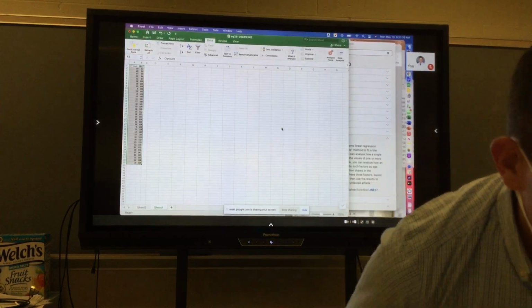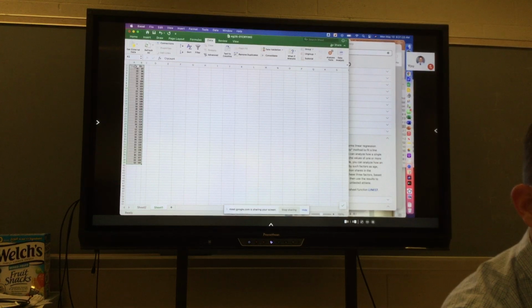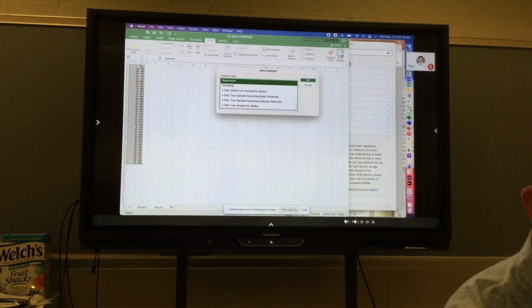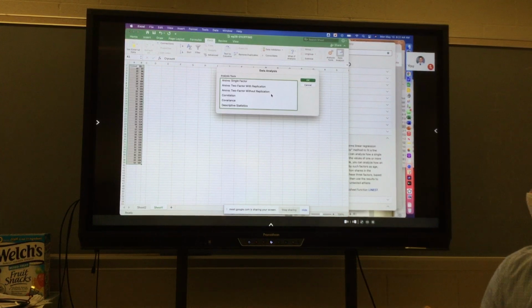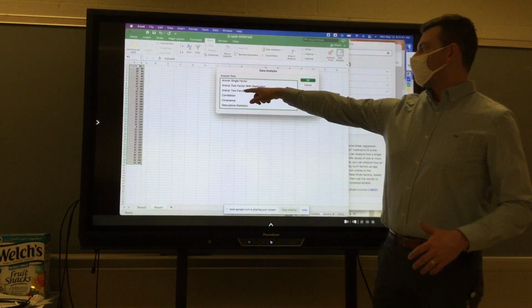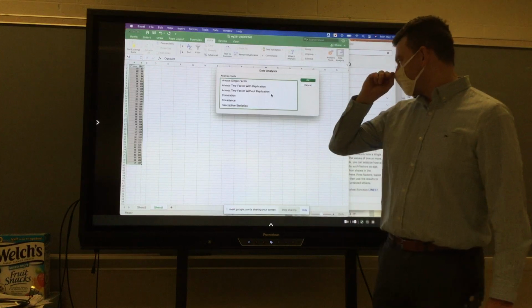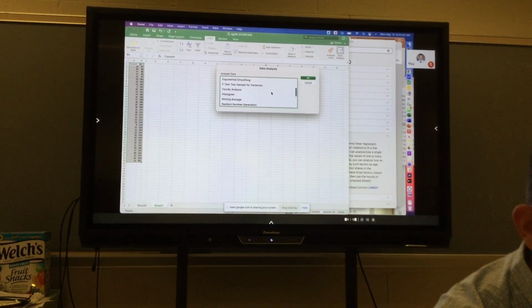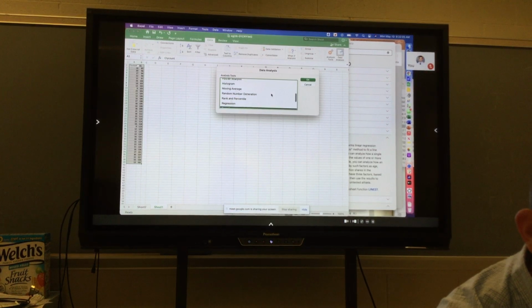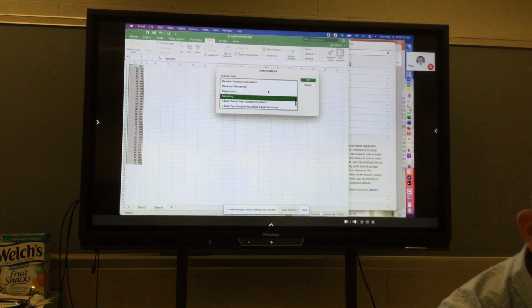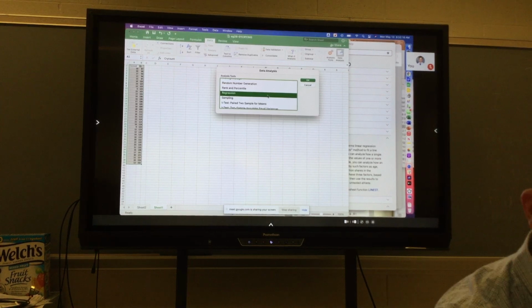And once you've enabled that, you're going to select our data, just like that, and you'll have this data analysis button available to you that we will check. And what it does is it enables an alphabetical list of all of these statistical tests. Okay? We're going to talk about ANOVA in our last lesson of the year, but you see correlation, covariance, descriptive statistics. Most of these should be familiar to you. Histogram, rank and percentile, t-test, z-test at the bottom. We want regression. So we're going to select regression, hit OK, and it's going to open up,